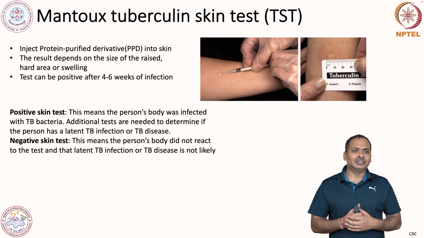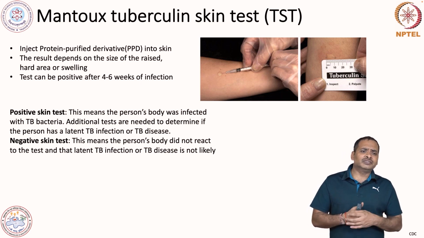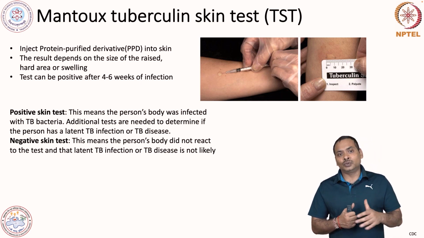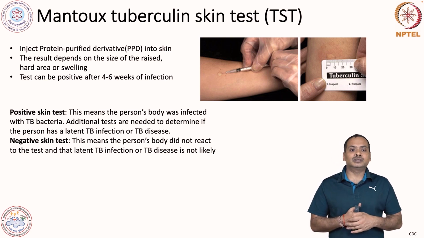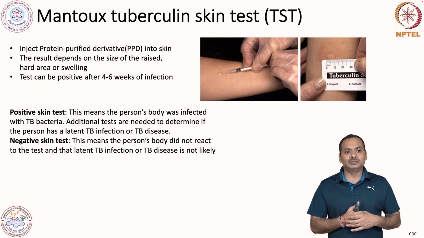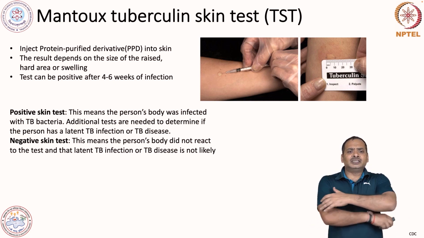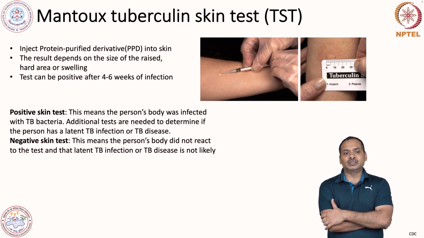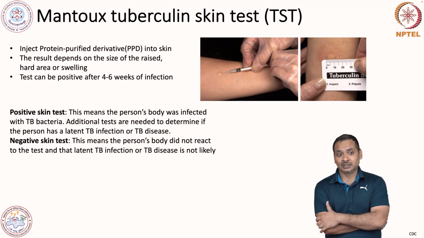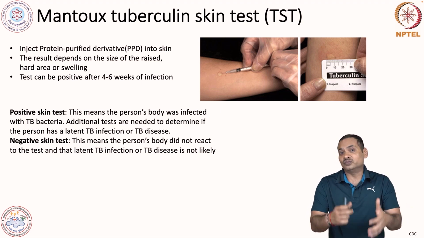What does a positive skin test mean? It means the person's body was infected with Mycobacterium tuberculosis. An additional test is needed to determine whether the person has a latent tuberculosis infection or TB disease. I told you this is not a firm